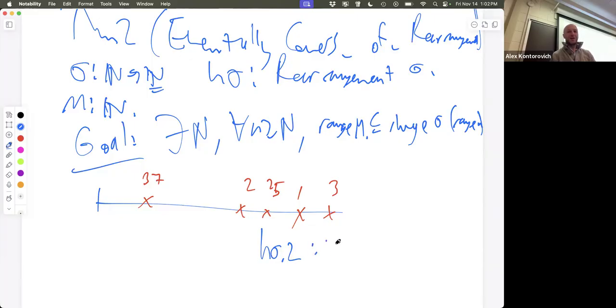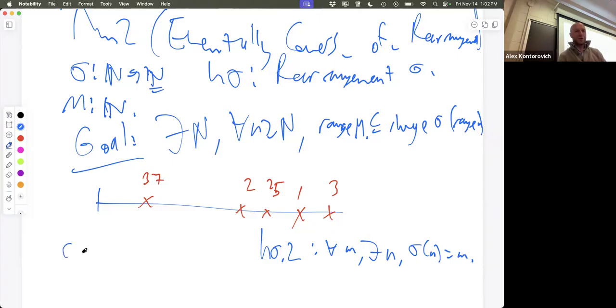So H sigma 2 says for all, let's call this m, there exists an n such that sigma of n is equal to m. Right? That's what H sigma 2 says. But what is that? Sean? It defines a sequence. For any m that exists in N. That's our fancy choose. That's how you get the inverse.